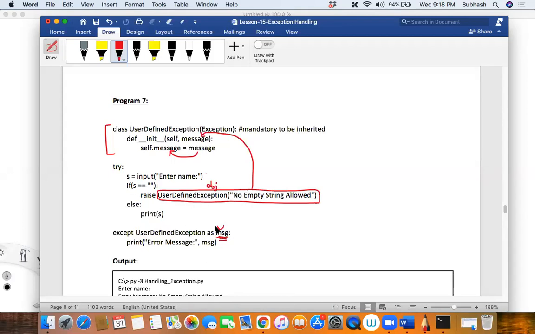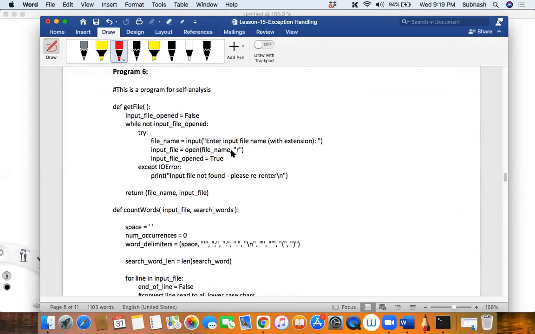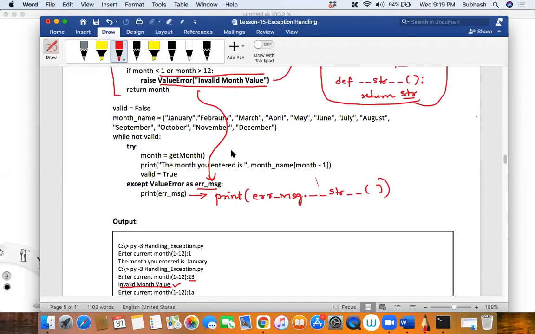He is throwing it, I am catching it in the form of an object. Why am I catching this in the form of an object? Can you tell me why? I am catching it in the form of an object because this object contains information about why this error happened. Yes or no? The only way to put this error message is to wrap that into a particular object.